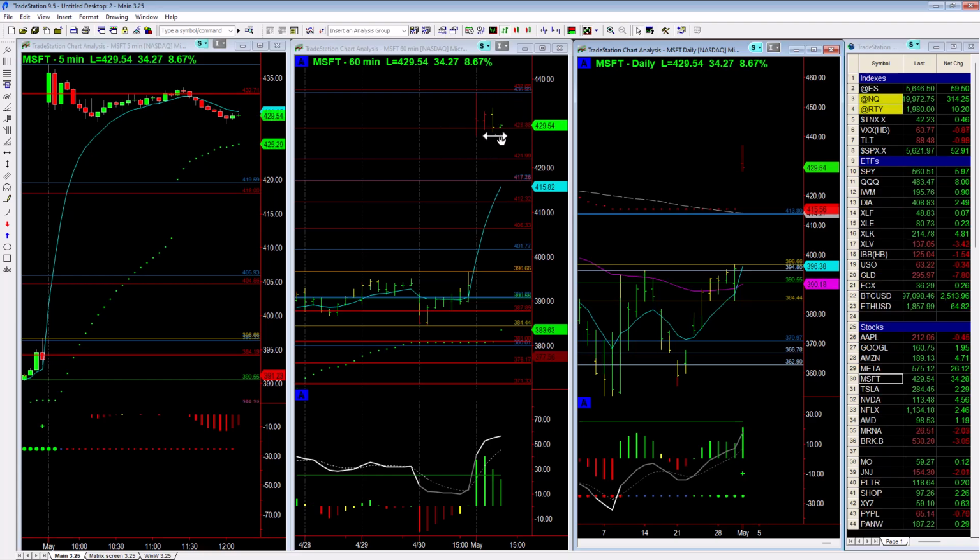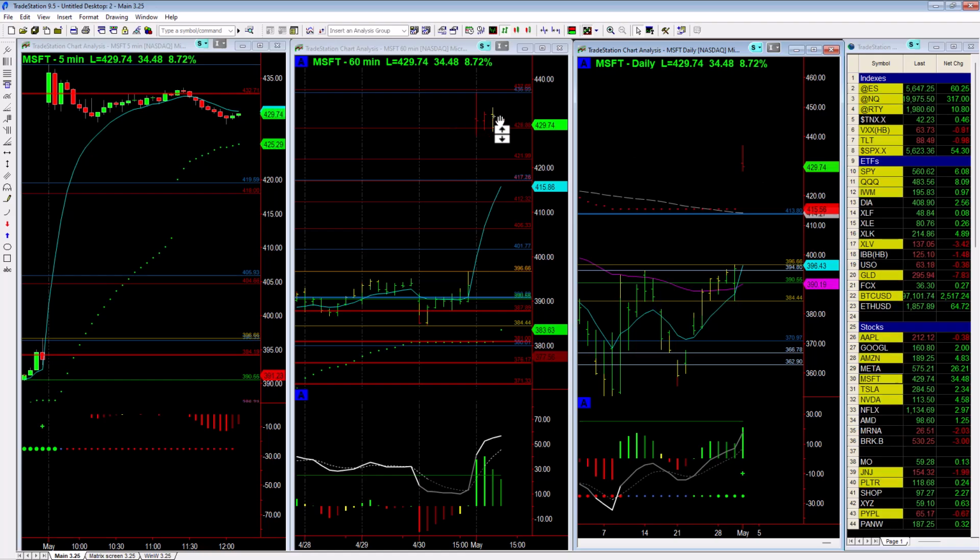Basically, after earnings, you always have to think of it as a repricing of the company based on that new information. But in order for us to follow through, we have to have more buyers willing to push it above today's high.